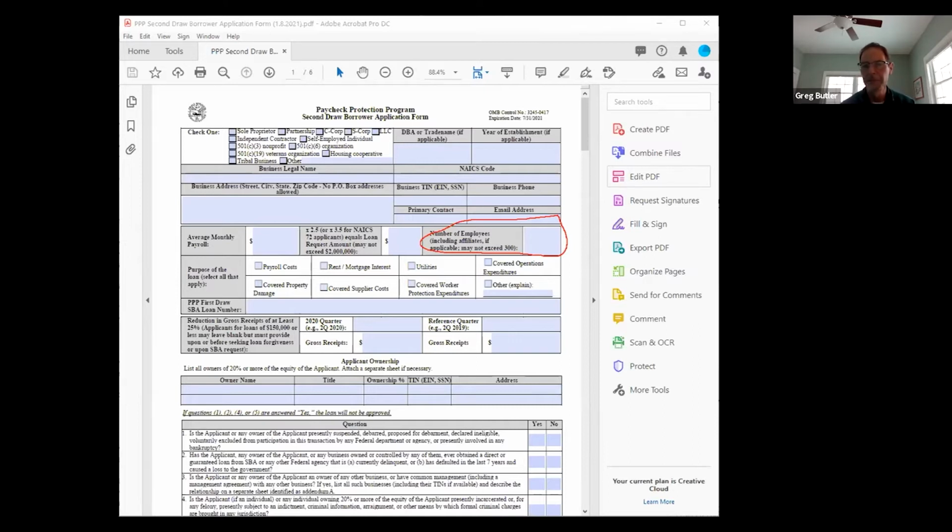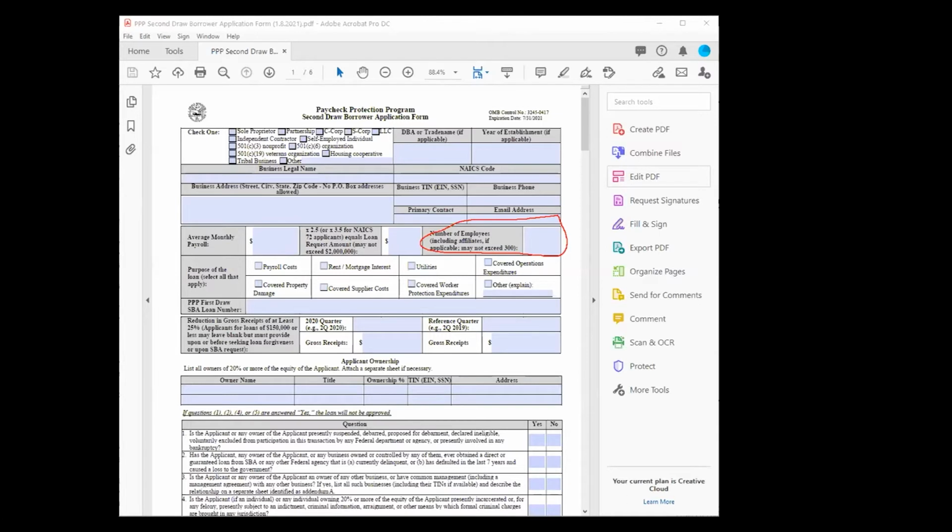They said, well, maybe just change that number to what your employees were on your first round application and we'll resubmit it. But just throwing that out there, if you're doing your loan application, you might want to pressure test that number. And if it's greater than $30,000, before you submit it, you might want to place a call to Nick or your lender and say, hey, what should we do with that box? Because you don't want to get your loan application kicked out of the system. I don't know how long it's taken the SBA to work through these things. So,